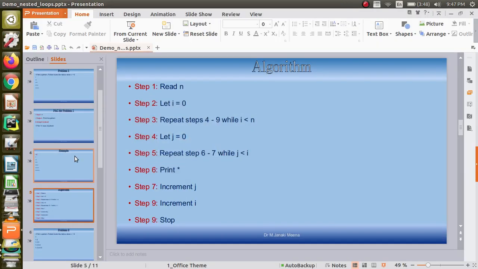Actually here I have written the algorithm in simple English, but when I am going to use a for loop, I don't need to initialize and I don't need to increment, because automatically that will happen in the for loop itself. Suppose I am going to use a while loop, then I definitely have to do these things. I have to initialize, I have to have the condition check as well as the increment part. Those 3 parts are required. Since I am using a for loop, they are integrated.